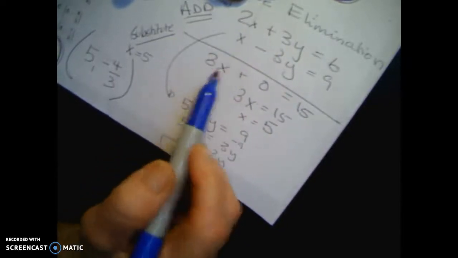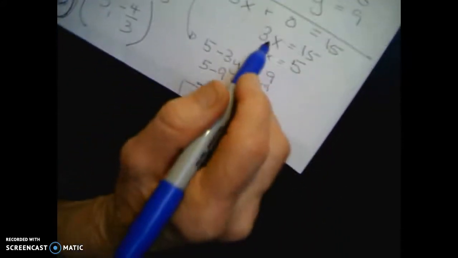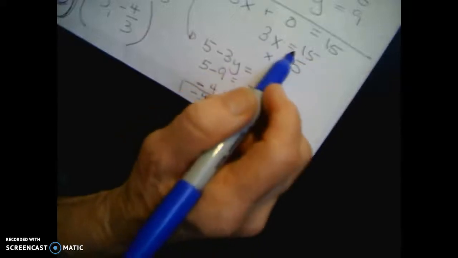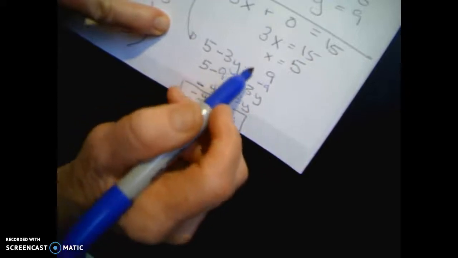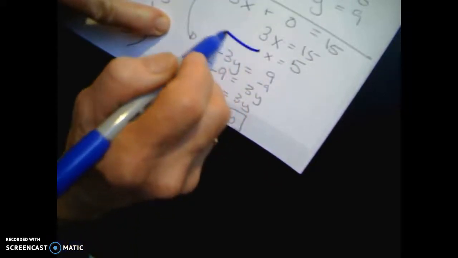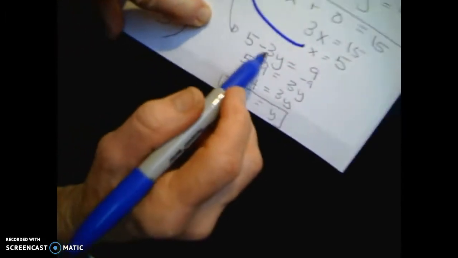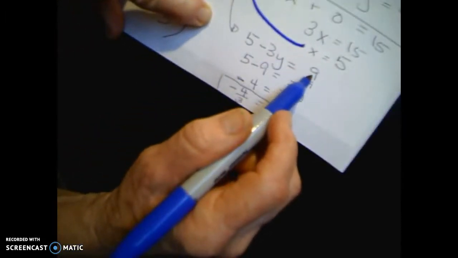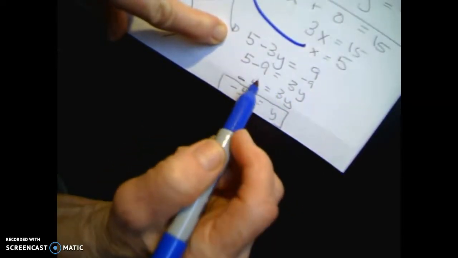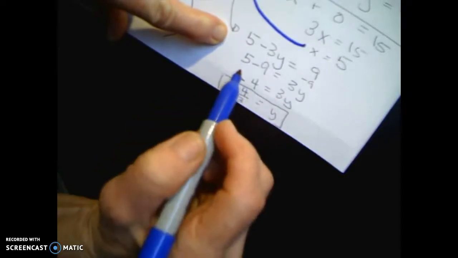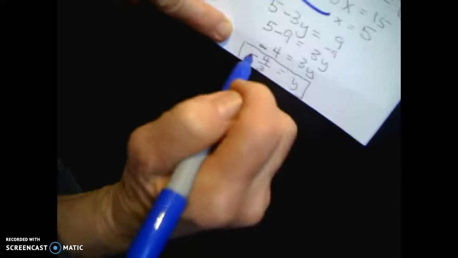2x plus 1x is 3x plus 0. 6 plus 9 is 15. 3x equals 15. Divide both sides by 3. x is equal to 5. Now I have to take that 5 and substitute it back in here so I can find my y. 5 minus 3y equals 9. In this case, I am going to continue working through. I get rid of the 5 on this side. And I find that y equals